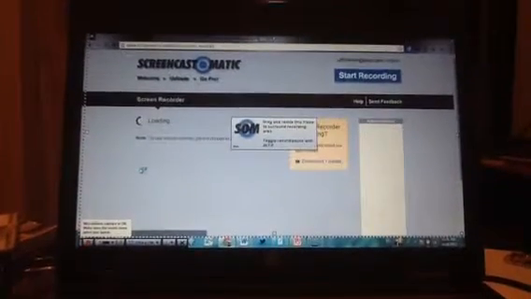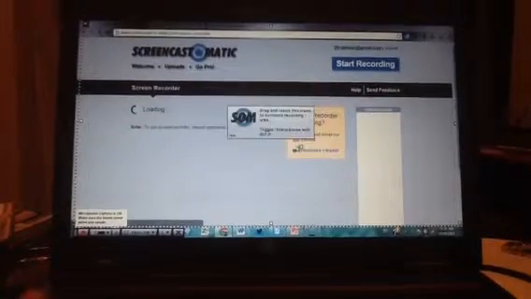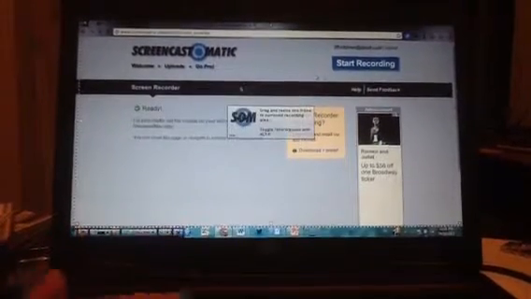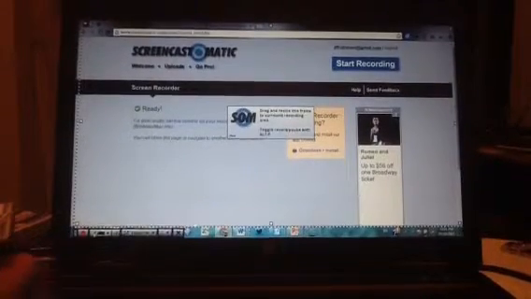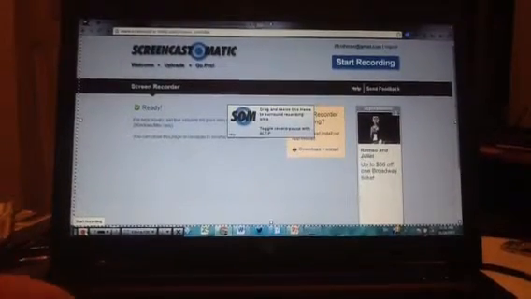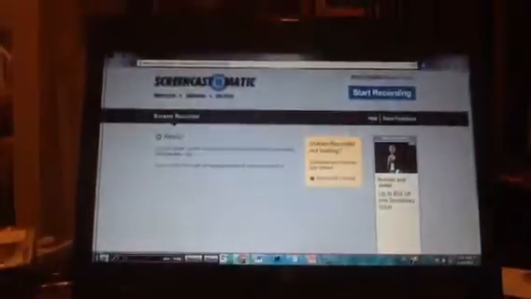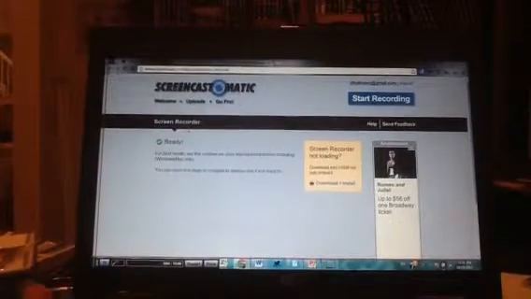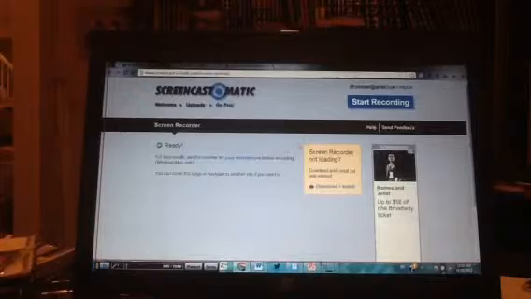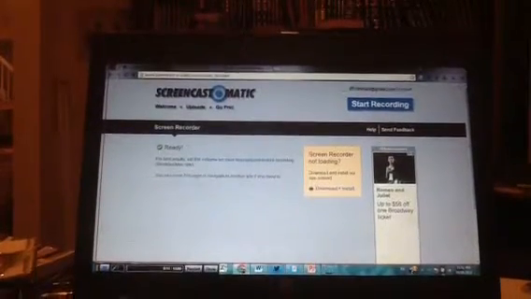So I'm going to log in, and the first time it might actually ask you to run a little update. Just click run, and all of a sudden you'll see here on the bottom the options show up, and this little red button, start recording, and we're going to actually start recording. So you'll see it gives you a warning, 3, 2, 1, go, and right now everything that I am saying is being recorded by my computer, and it will record the video of all of my mouse movements and whatever